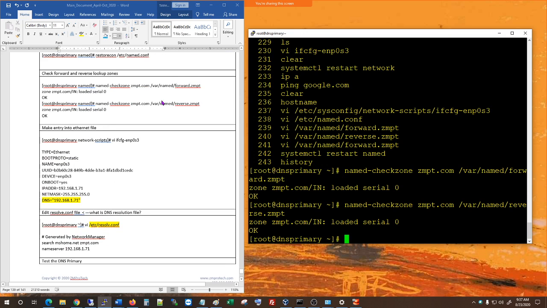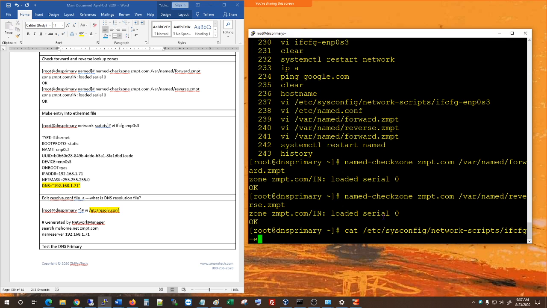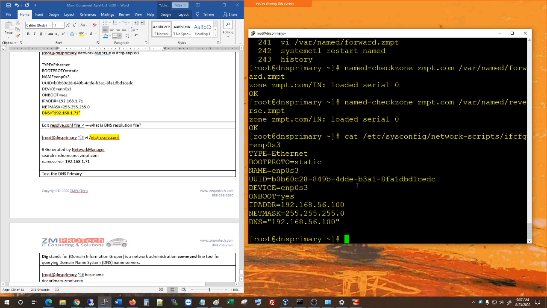Now, okay, so yeah, I think we already did this, right? Cat /etc/sysconfig/network-scripts/ifcfg-enp0s3. What is DNS resolution, and then